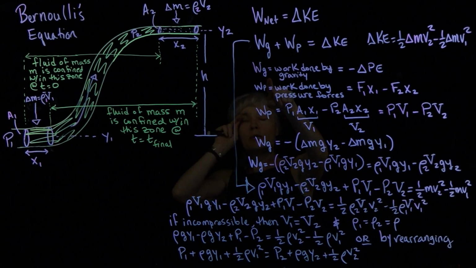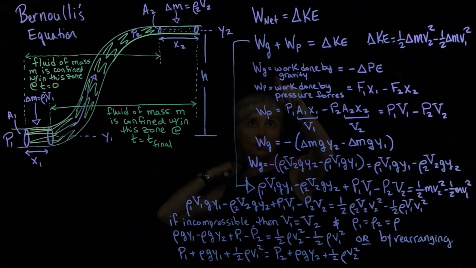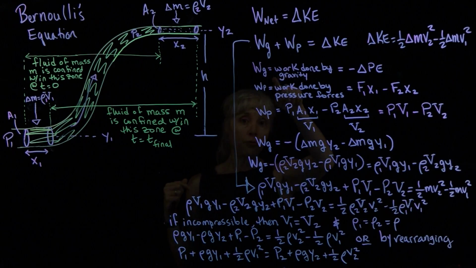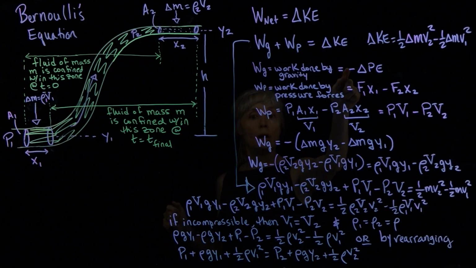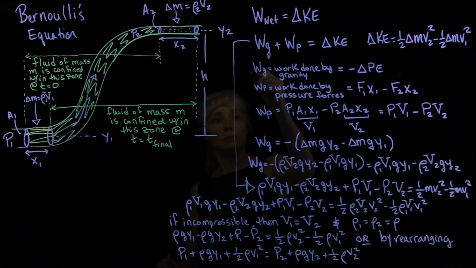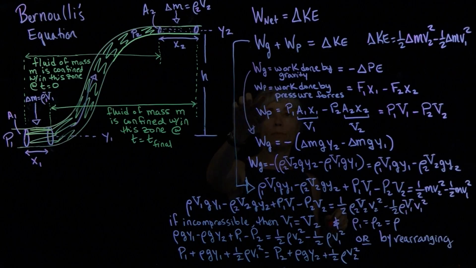Now, what about the work done by gravity? Well, remember, gravity is a conservative force. Therefore, I can write the work done by conservative forces as the negative of the change in the potential energy. So we are going to be looking at that in a moment, but the next thing, work done by pressure